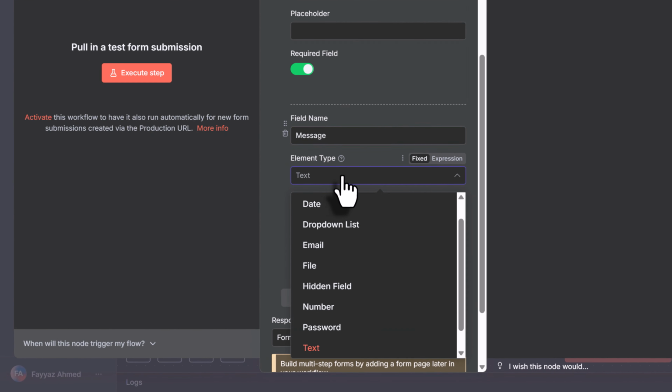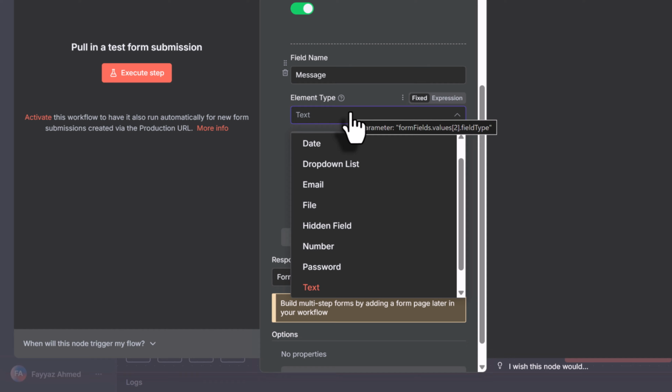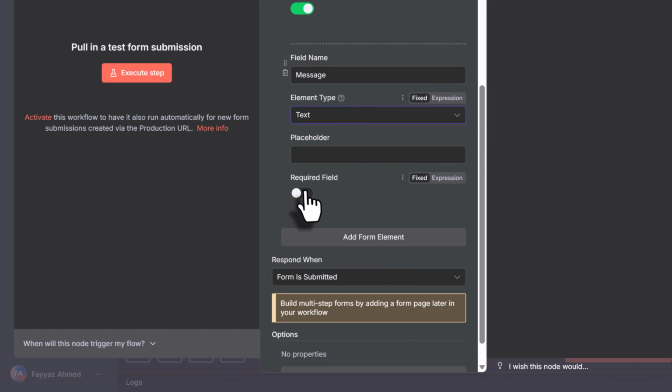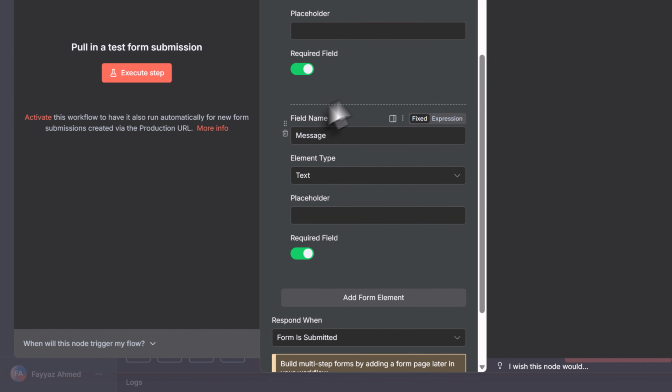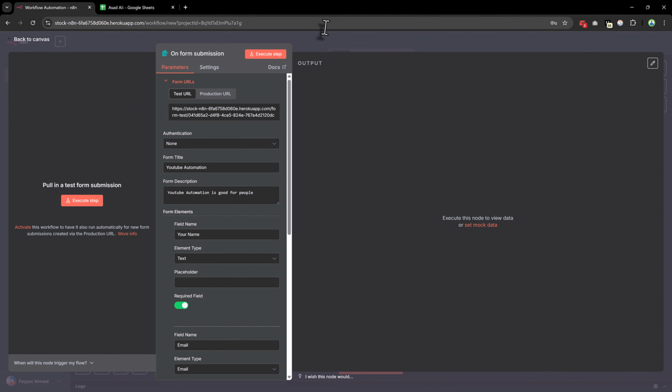Okay, we need to add this form to your form text and required field, and we need to go back